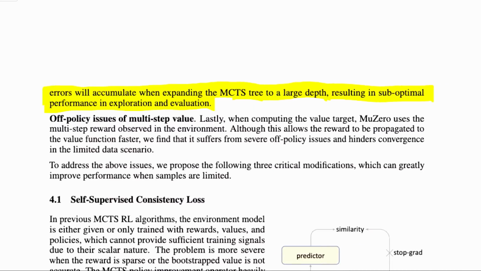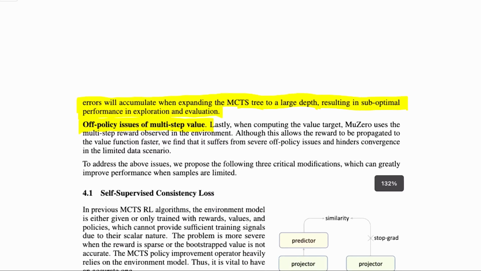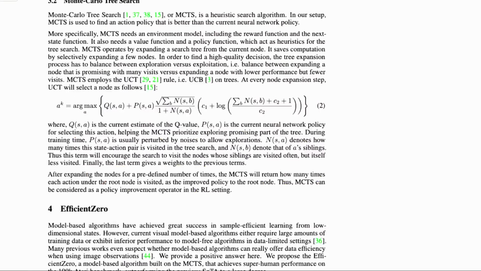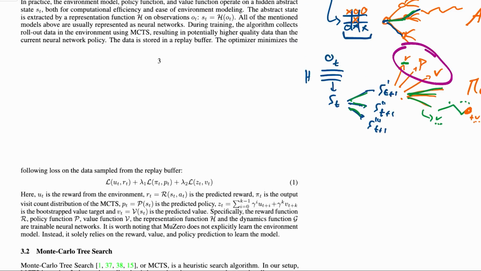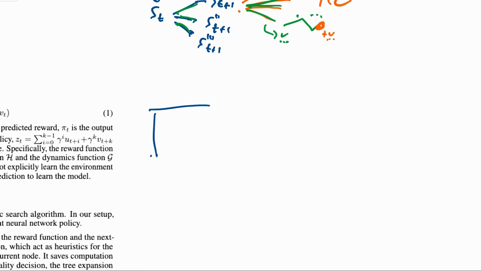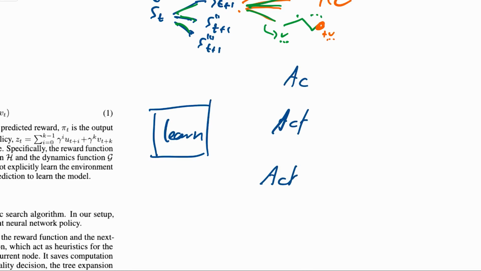And thirdly, off-policy issues with multi-step value. And that is a general thing in these reinforcement learning algorithms. The more distributed you make them, what people usually do is they have a learner box in the middle. So there's a neural network there, but then they have a lot of actor machines. So they distribute training and interacting with the environment, and these send back data.